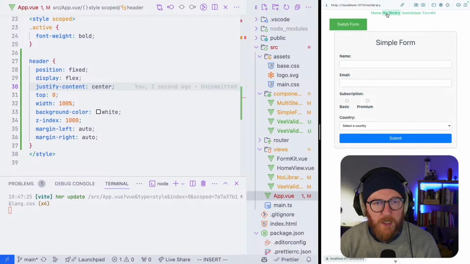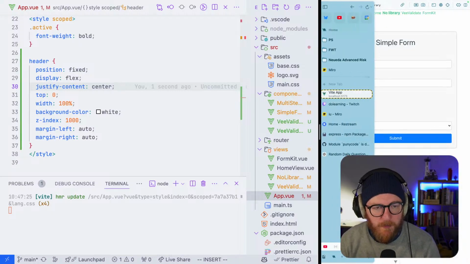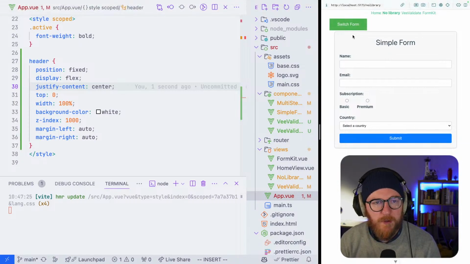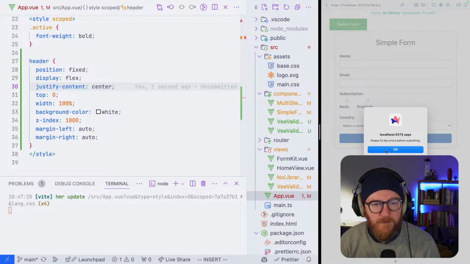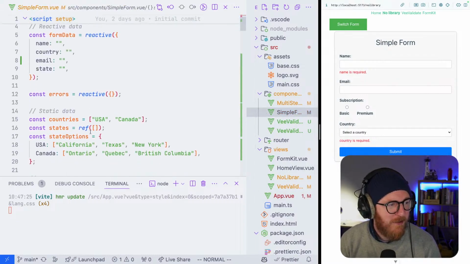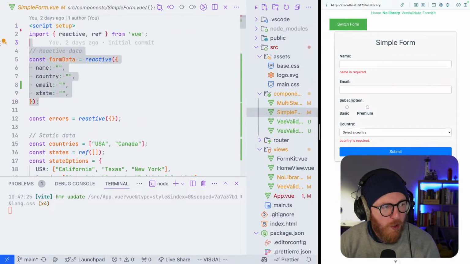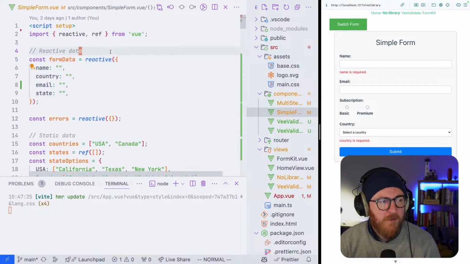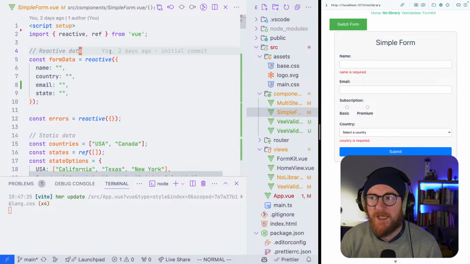Okay, so now I've got a new library. This is a simple form that I've built. It takes a name, and if you don't put the name in, you get "fix the error before submitting". A horrible alert window at the moment, so let's fix that and sort things out. So what do we got? We've got a form data which we're setting up to be reactive. For people coming from React, this is pretty much equivalent to